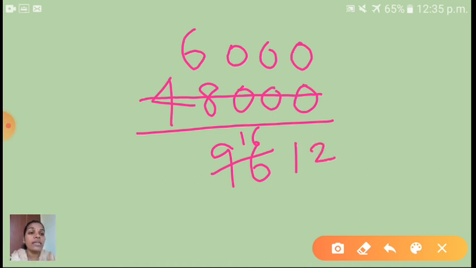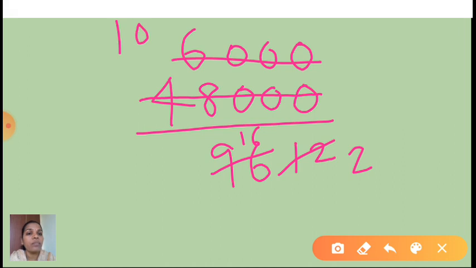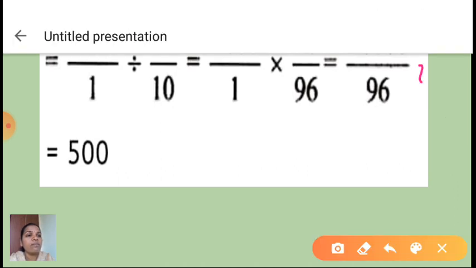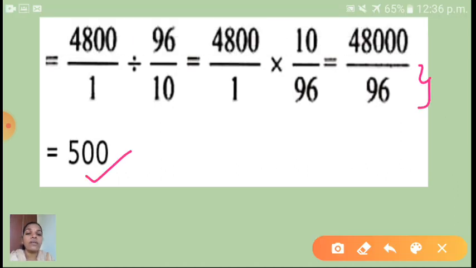Okay children, now see again this number 6000 upon 12. So here which one is a common factor? Very good, 6. So see here 12, how many 6 are there children? 2 6s are there. And here 6, how many 6 are there? 1. And remaining this 30, yes, you have to write. Okay, now 2, here 1000. So 2 ones are 2 and this 1000 what will become? 500. Okay, so what is your answer here children? 500. See here, after this division we got 500.